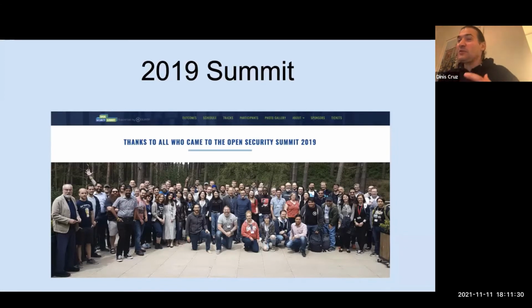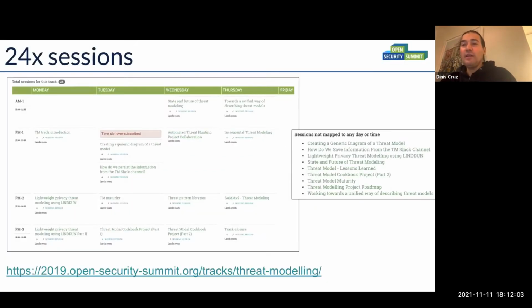The Open Security Summit at the moment is mostly virtual, but the history is in these physical summits, where we got all these people together, some rock stars, an amazing talent, and put it all together in one place to collaborate. In 2019, we had about 24 sessions that we all collaborated on. A lot of the sessions, the ones you can see on the right, just happened organically, and there was some great content.